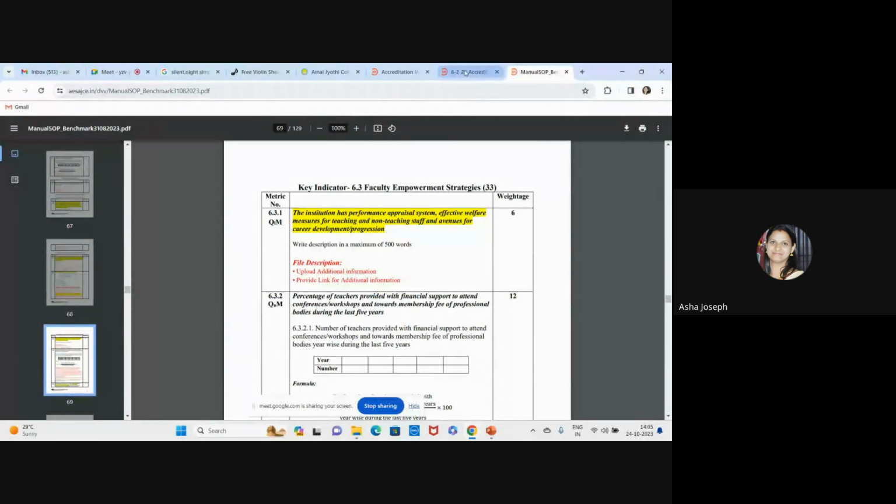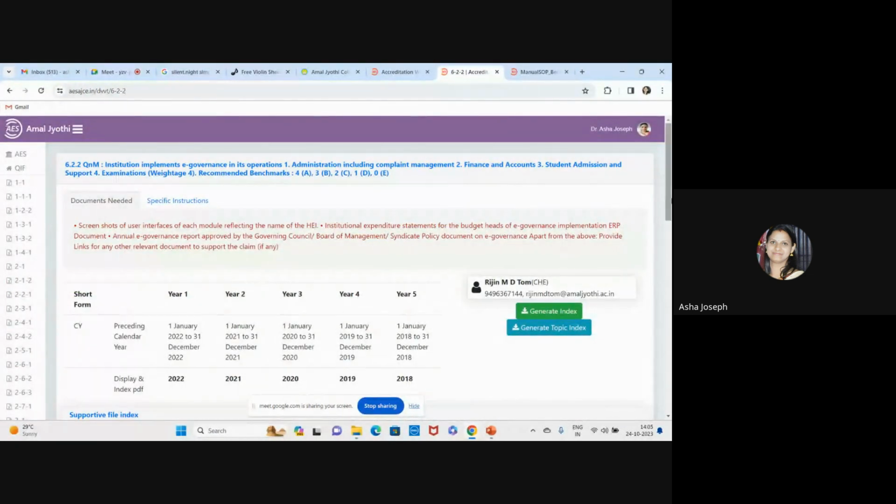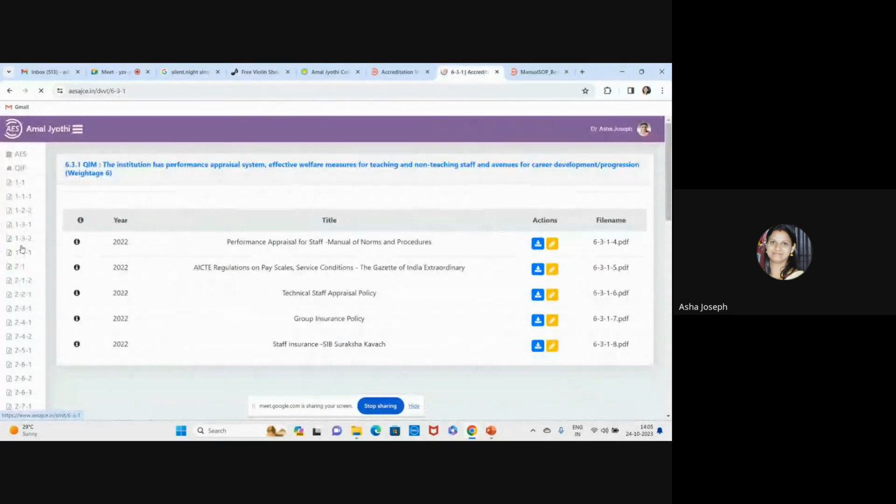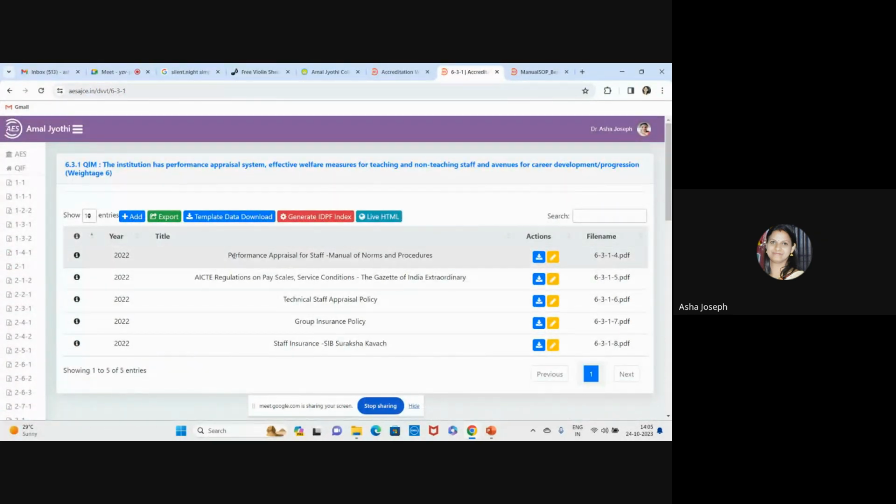So I'll just show 6.3.1. So here we have the performance appraisal norms. It is there. Manual is there. Manual, if you don't have, immediately make the manual on how exactly you are going to do the performance appraisal of each and every faculty. Other than that, what you can show here is the AICTE regulations on pay scales,